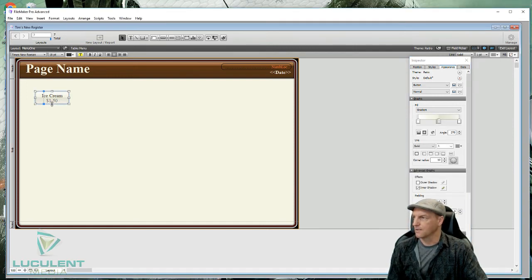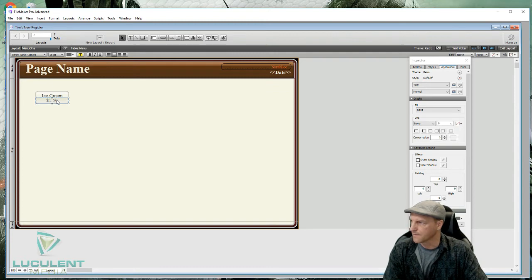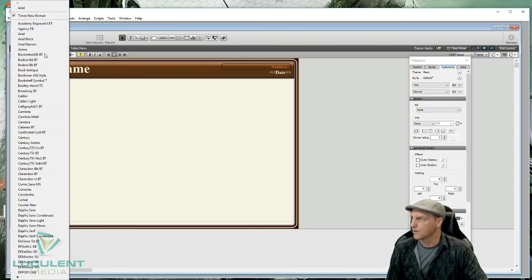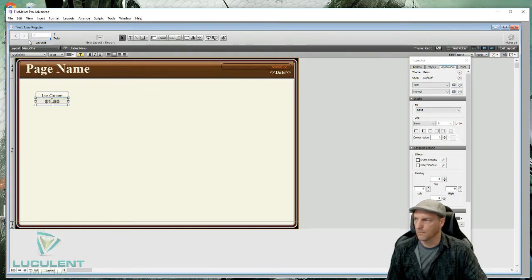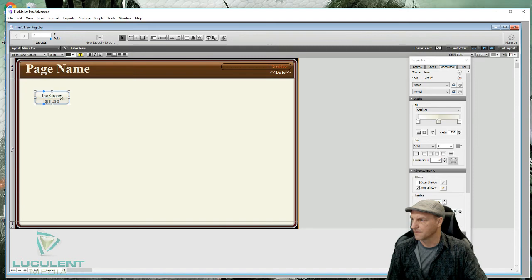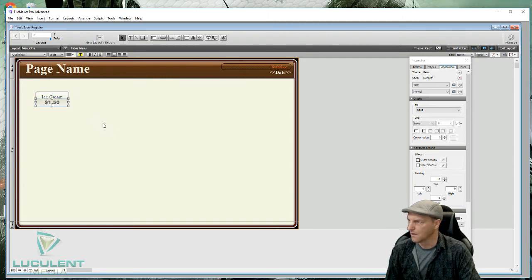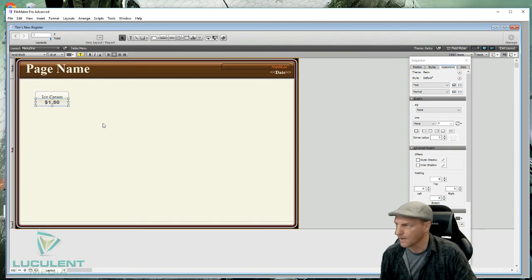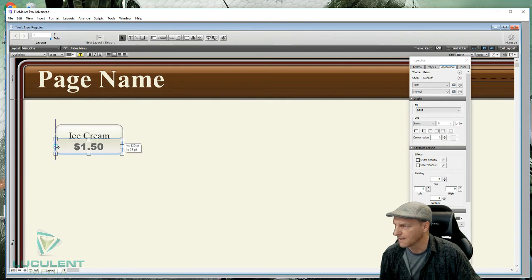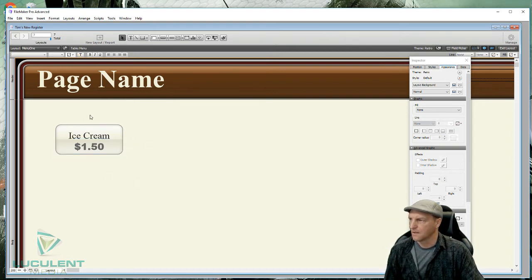Okay, so now it says ice cream $1.50. You can change this text, decrease that to like Arial black, whatever, so that it better fits what you want it to do. And you can make your button better fit. There is kind of a minimum that you have to have. Okay. It'd be nice if you could just zoom in like crazy and get it exact. Okay. And now my button,